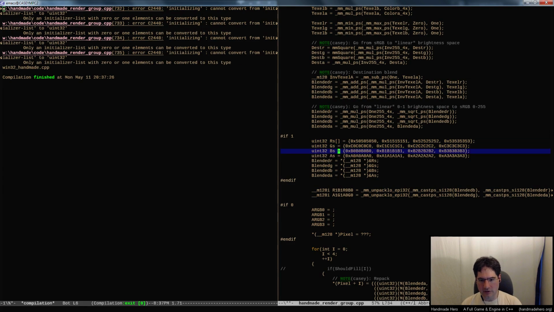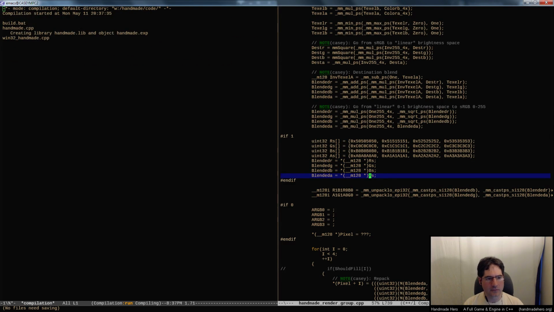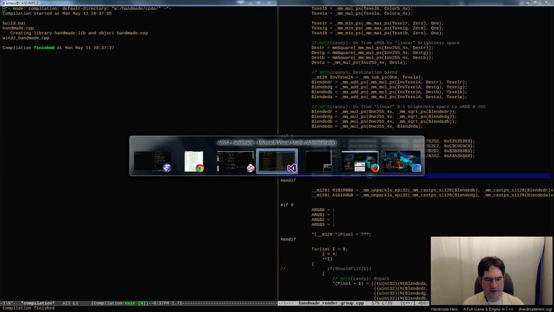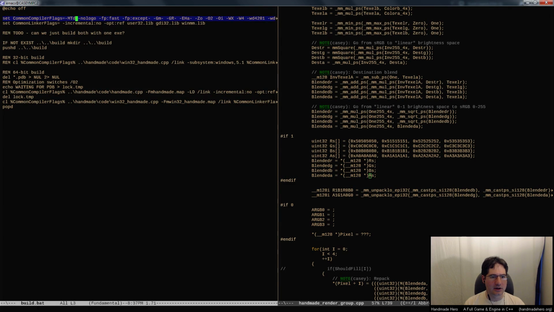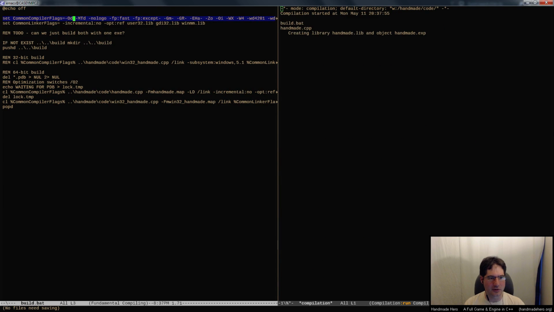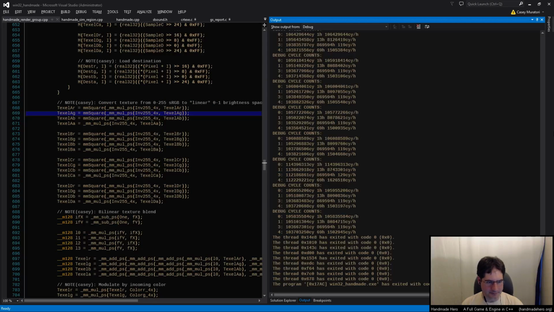All right, so I guess this is an array, so it doesn't need an address. There we go. So let's go ahead and set a breakpoint there. I want to switch us back to debug mode for the moment so that we don't have the compiler doing anything at all. We want it to be completely stock, right? So I'm going to get rid of that O2. We should probably put the O2 at the beginning so it's easy for us to change, so that's the only parameter we ever modify. Anyway,